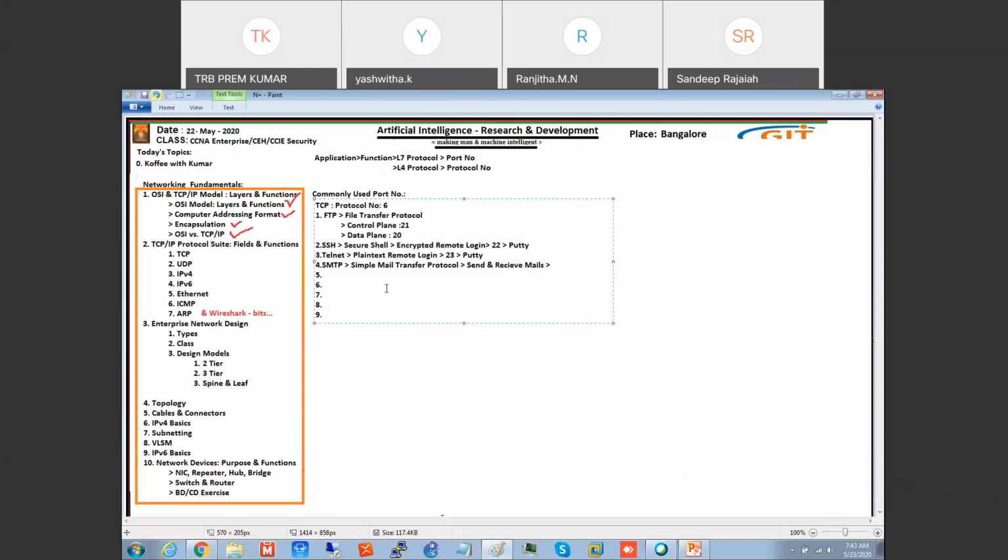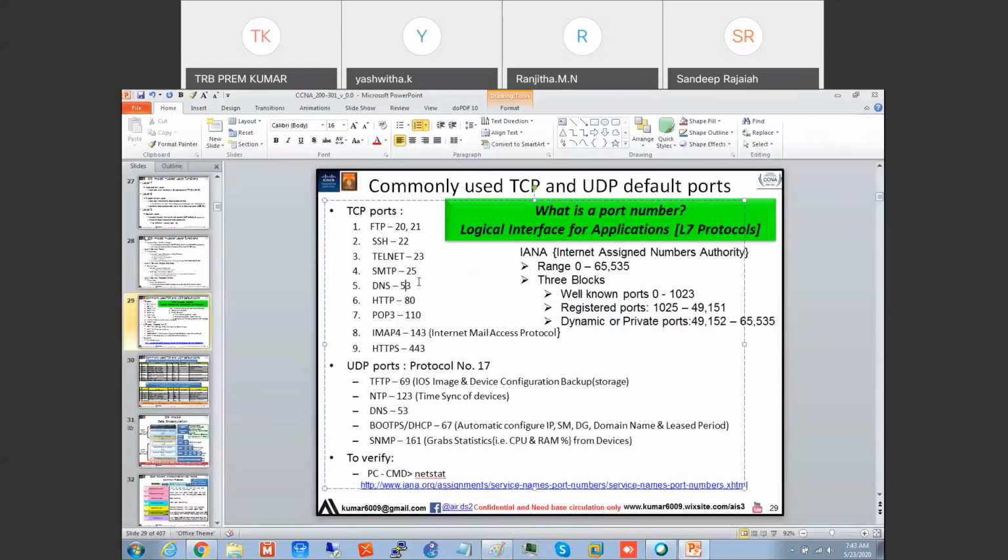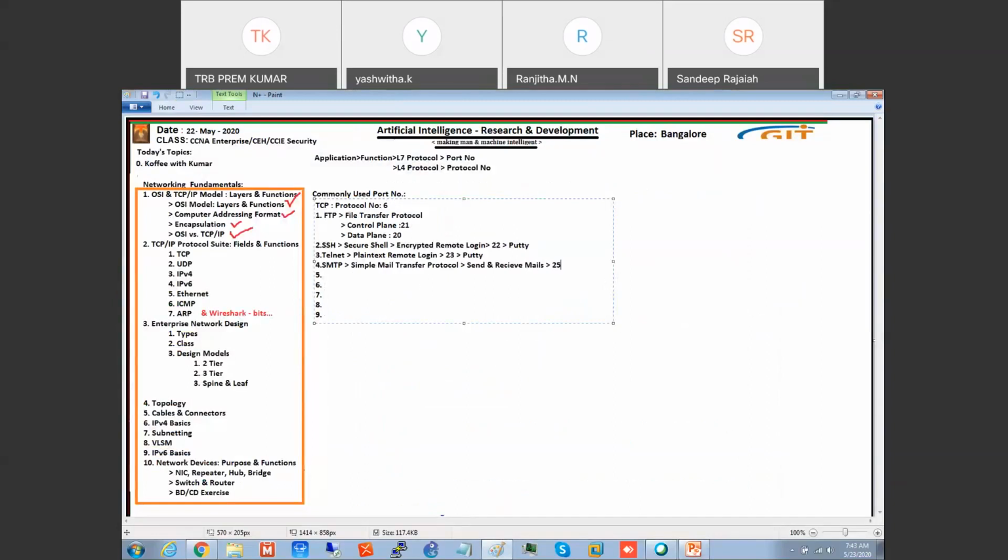Port number will be 25. The application, for example, is Outlook.